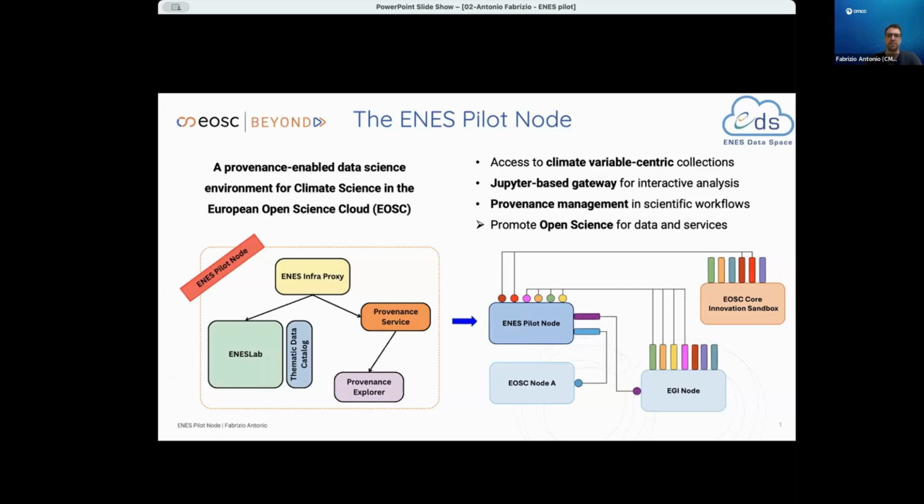More specifically, it provides access to a rich ecosystem of data science and machine learning tools for big data processing, interactive analysis and visualization, as well as provenance capabilities for tracking and managing provenance information related to large-scale experiments. On the right side, we have a view on how the ENES pilot node looks in the context of the nodes federation, showing both the integration with core services offered by the EOSC Beyond Sandbox and the interactions with